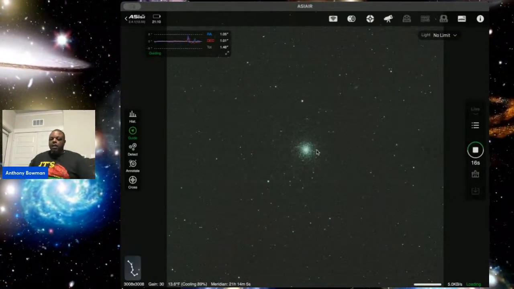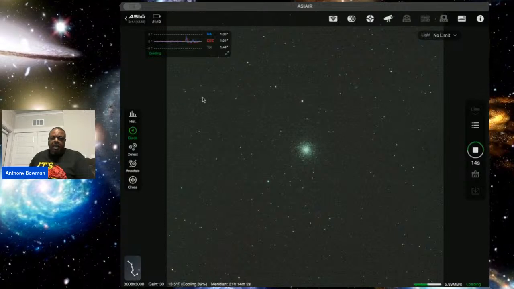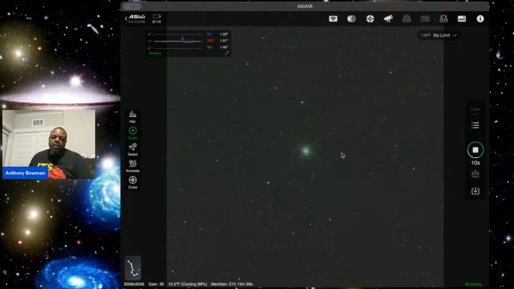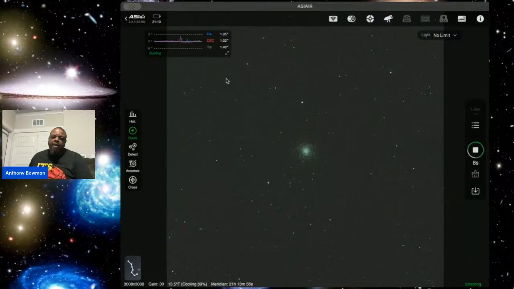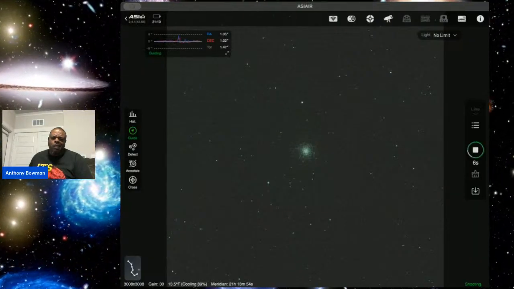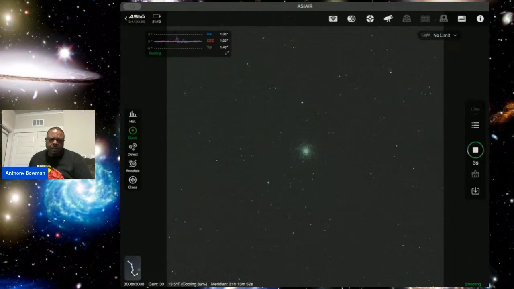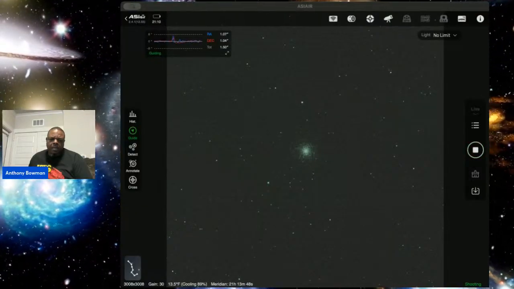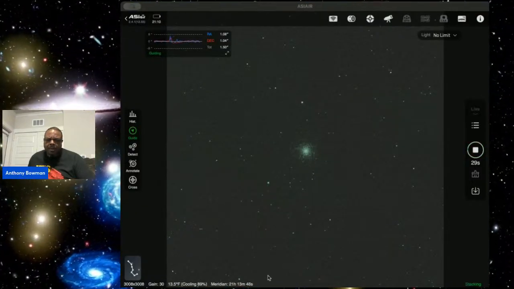I'm doing 30-second exposures, and I have about, I want to say about 100, maybe. Yeah, I have about 100 of them. I got my PixInsight here. So we'll go into there.